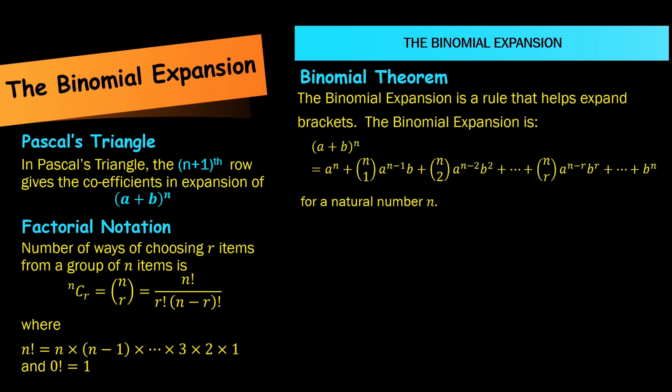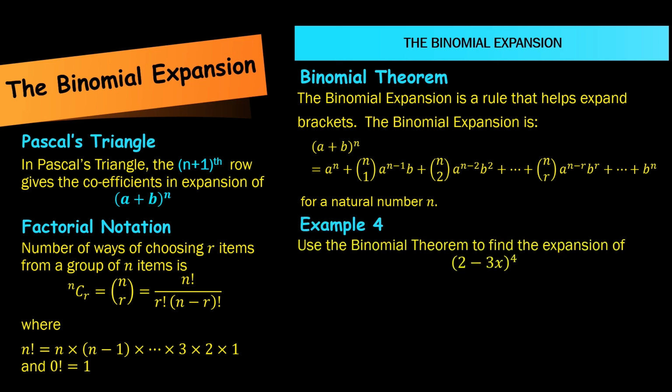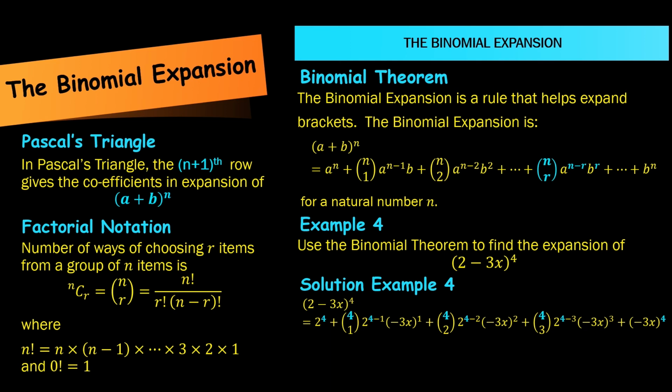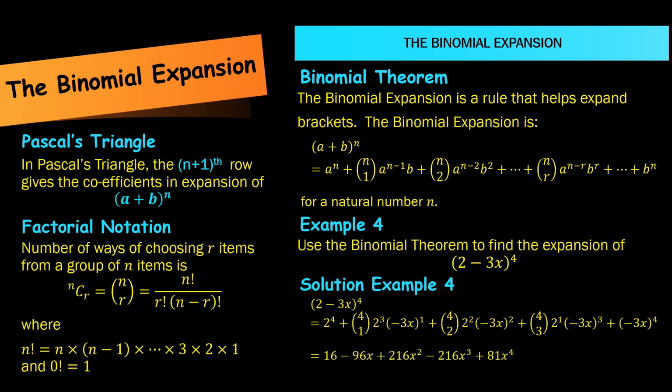We will now apply the binomial theorem to an example. Use the binomial theorem to find the expansion of 2 minus 3x all raised to the power 4. Let's plug in the various values. Here's a equals 2 and b equals minus 3x. N equals 4 and r equals 1, 2, and 3 as shown. Then tidying up